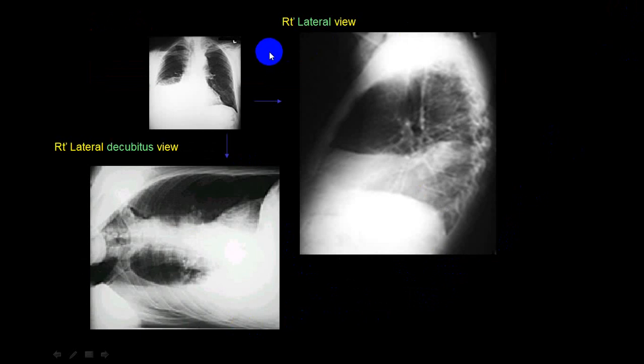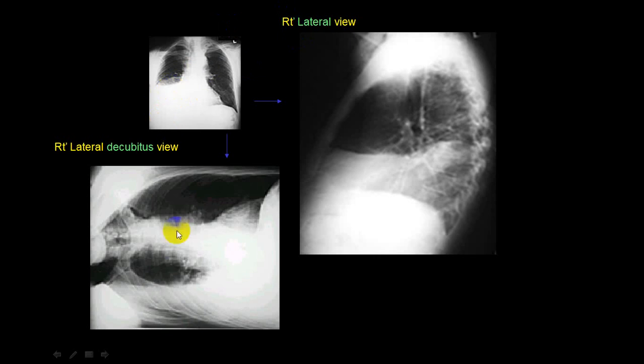Same person. Now if you take this particular person, say this is the lateral decubitus, and the person is having a haziness here. I am not sure whether this is consolidation, or a collapse, or a fluid. What I do, I take a right lateral decubitus. The fluid which is here will trickle down. If there is no change here and the shadow is seen in the same area like this, then it is less likely to be fluid. It may be consolidation or it may be collapse. So this is very frequent, a collapse, consolidation or fluid.